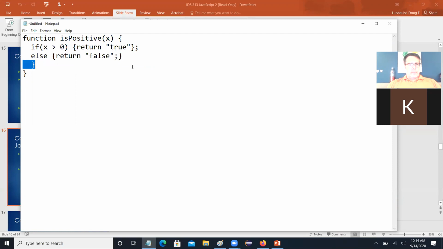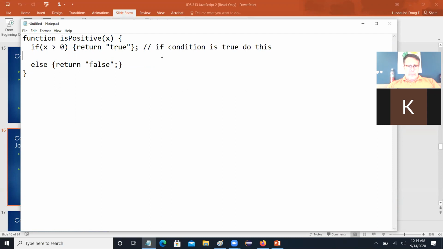Okay. So this part, right? If the condition is true, do this. If the condition is not true, do this, right? And within any of these, you can nest as well, right? So you could say something like,